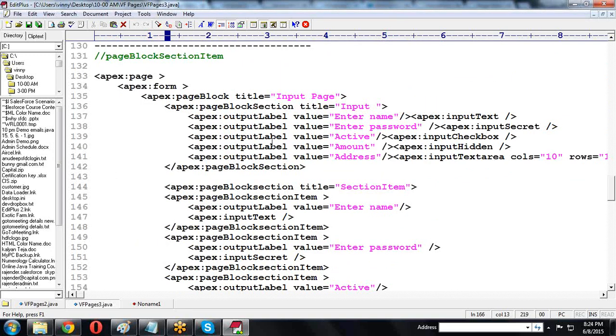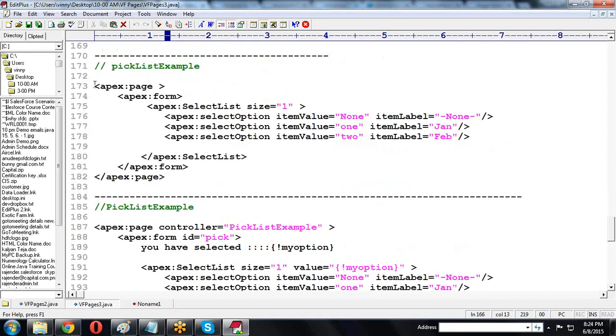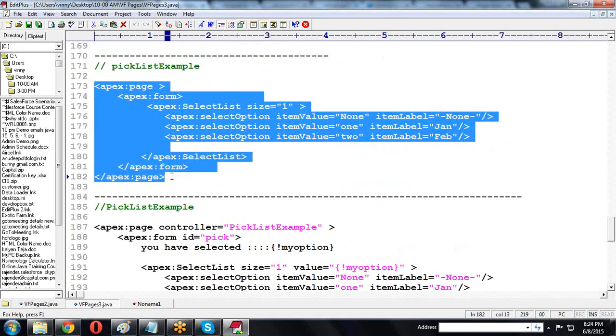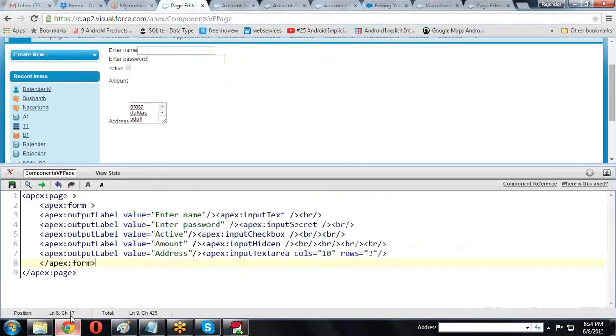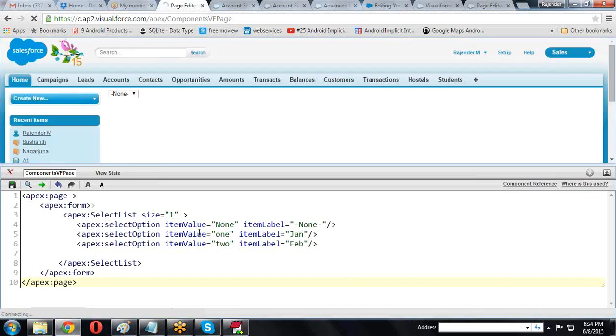So I'm creating one pick list here. A pick list is nothing but multiple items; if you want to display multiple items, then we create a pick list. How to create the pick list? We are creating the pick list here.